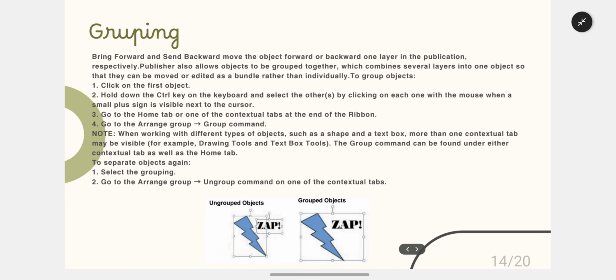Next, grouping. Publisher can also allow objects to be grouped together, which combines several objects into one object so they can be moved, edited and formatted as a bundle rather than individually. For example,